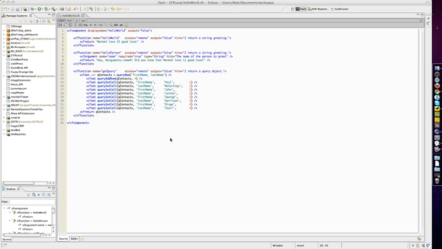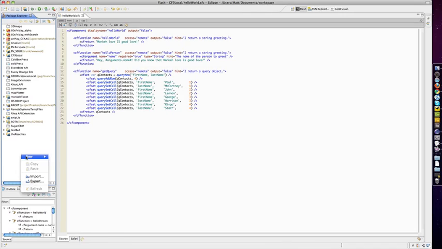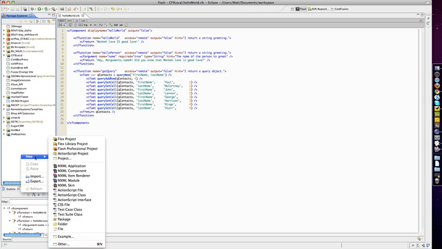I just wanted to run through a brief demo with you to show how easy it is to work with and access remote data from your ColdFusion server in Flash Builder 4. In this example, I'm going to be calling this component, which is a very simple Hello World CFC. Inside this component we have three methods: hello world, hello person, and get query, which returns a hard-coded query. To start off with, we're going to create our Flex project,